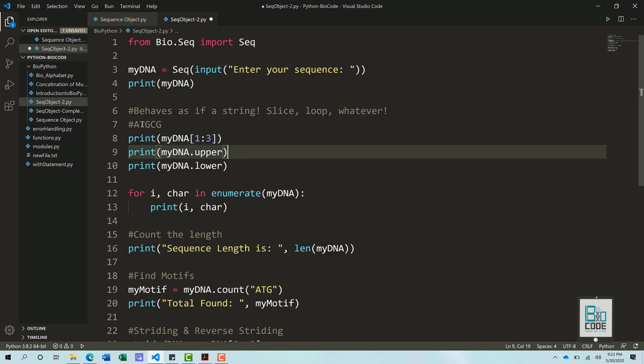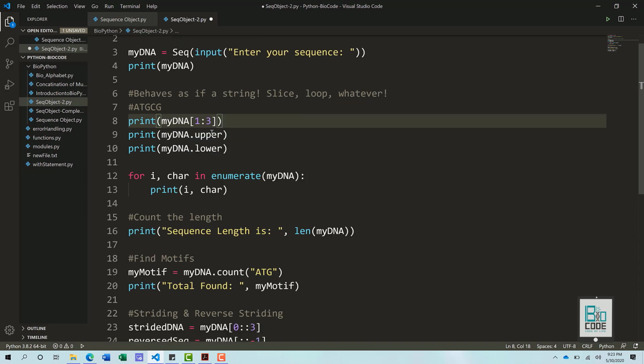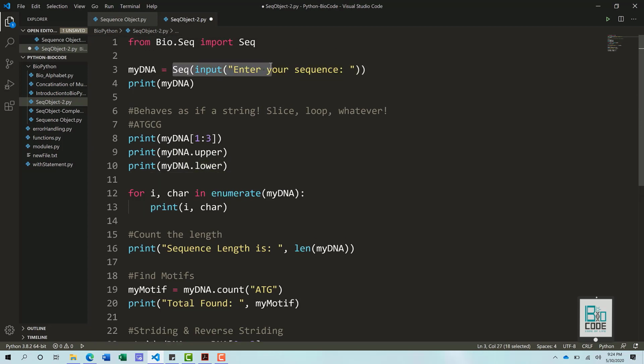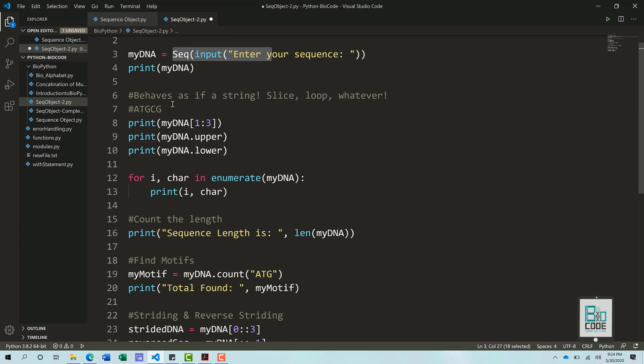So in practice it would be T and G. Then we convert it to uppercase, and then to lowercase as well. We print the DNA we took as input, and also convert it into lower and uppercase.